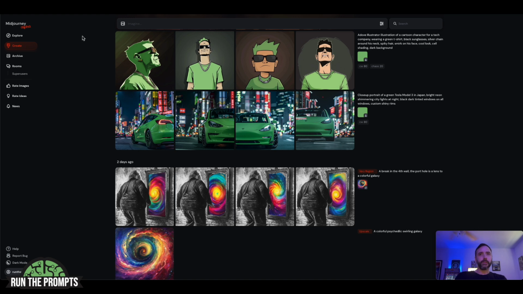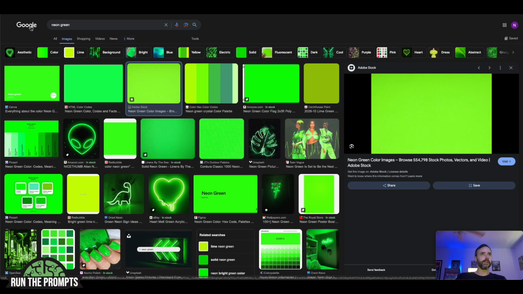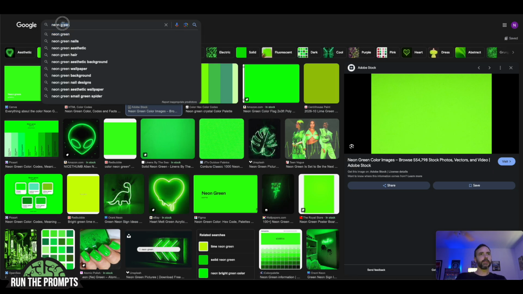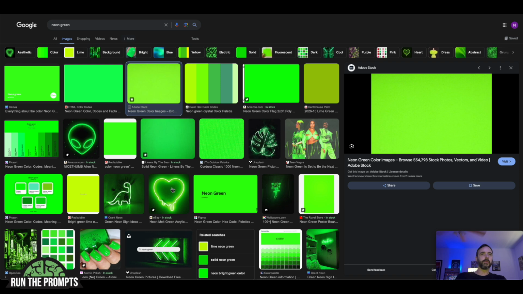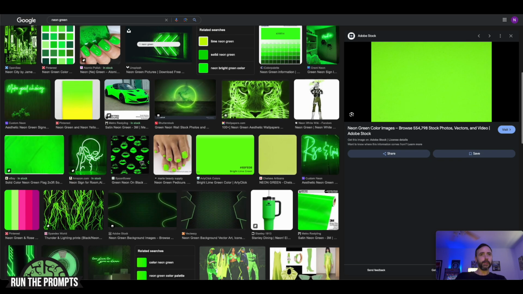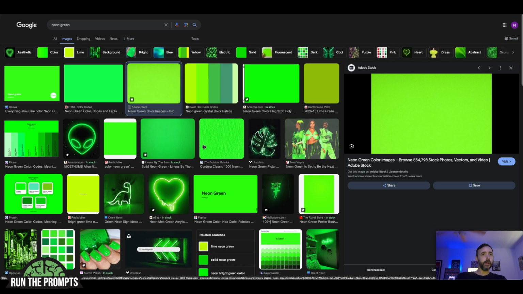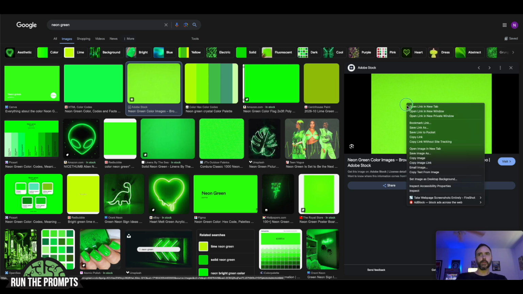First, if you just have a general idea of what color you wanna use, it's easy. Just go to Google over here, go to Google Images, and describe the color you want. In this case, let's say we want to use neon green, and we want to choose one of the different options that we have below here as our color. In this case, we want to use this color right here. So we want to use this color, very simple. Right click, go to copy image,